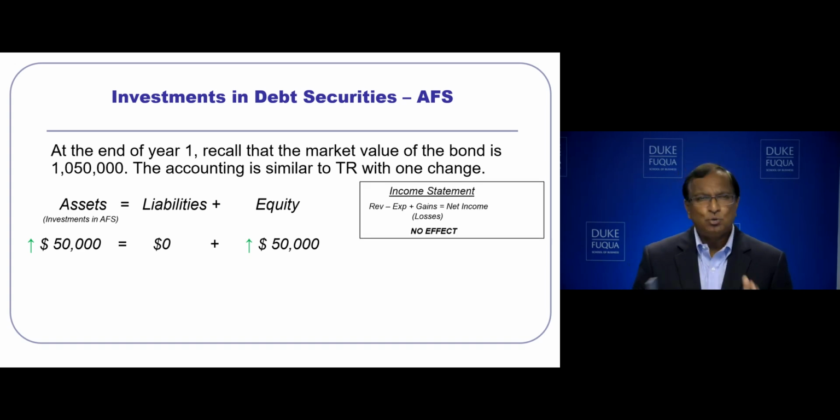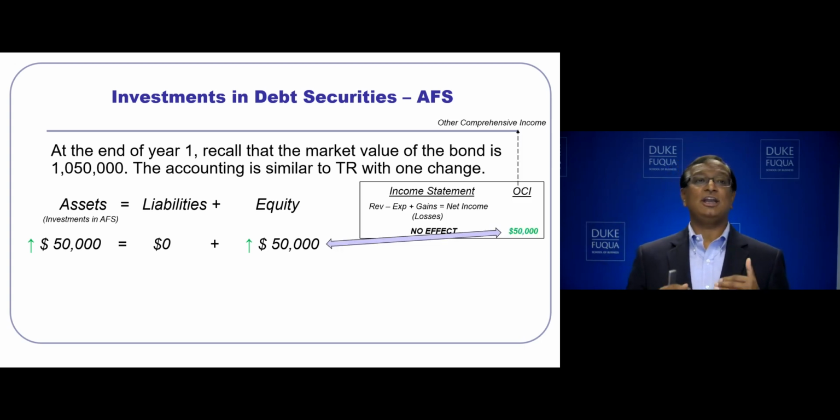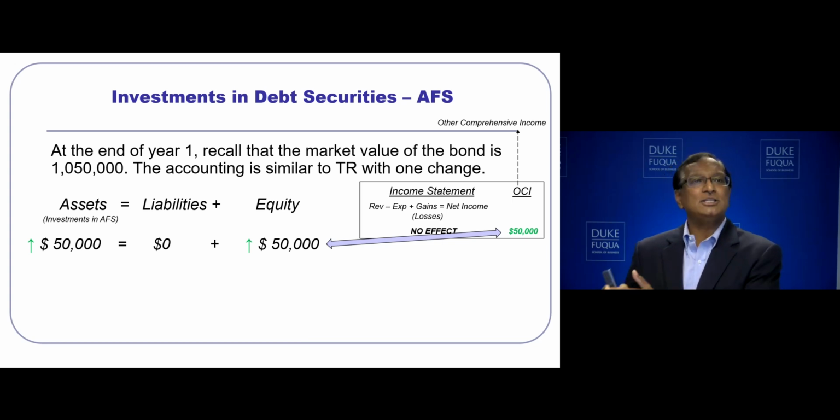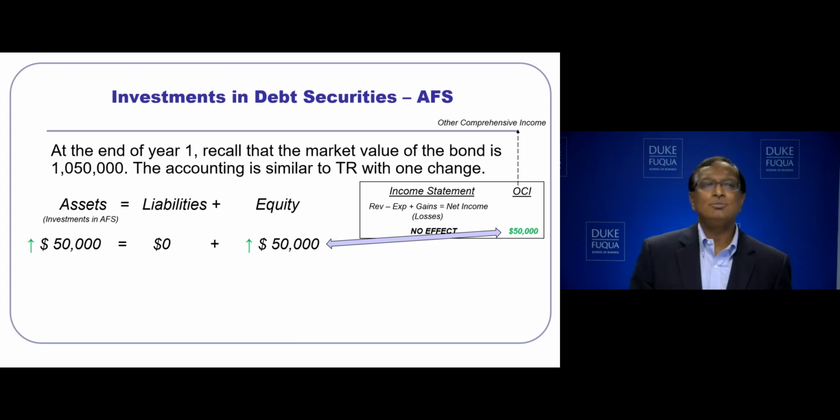But we don't want to affect the income statement because the firm is not intending to trade. So it is saying that, look, I have no intention to trade. I don't want you to affect the value changes onto the income statement, making it very volatile. Instead, what the firm is going to do is create a new income statement called Other Comprehensive Income and park it there. So this is going to be a parking spot for items that the firm does not want to put into the income statement. So $50,000 will affect the OCI.